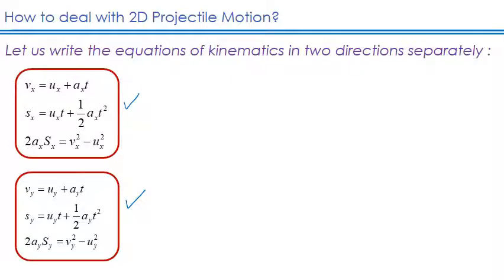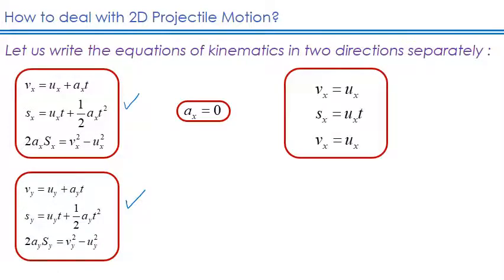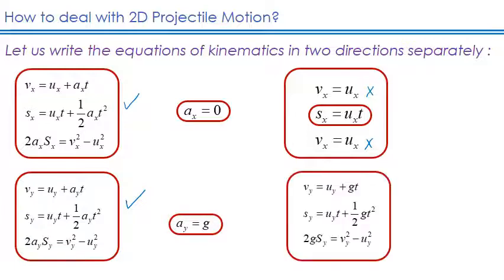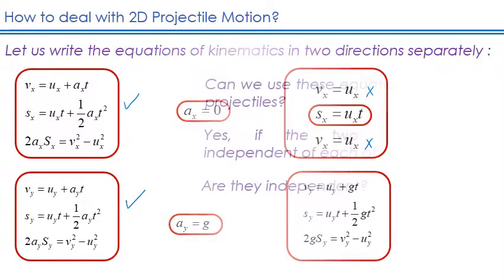We know that in the horizontal direction the acceleration is 0. If the acceleration is 0, then we can have these kinds of equations, and this equation and this equation are actually of no use. The only usable equation is this one. It means in the horizontal direction we can only use this equation, and in the vertical direction the acceleration is g, and you can write the equations in this way. We will take g as negative when the object moves upward, and g is taken as positive when the object moves downward. So we now have four equations